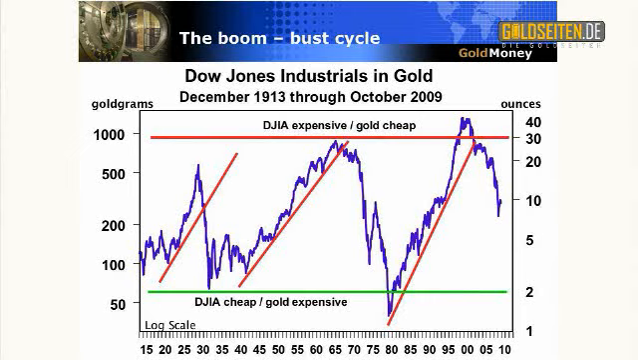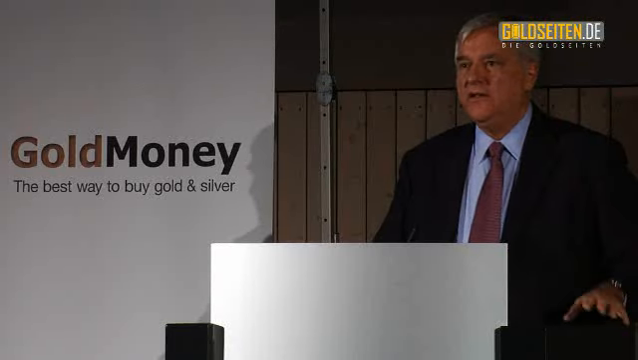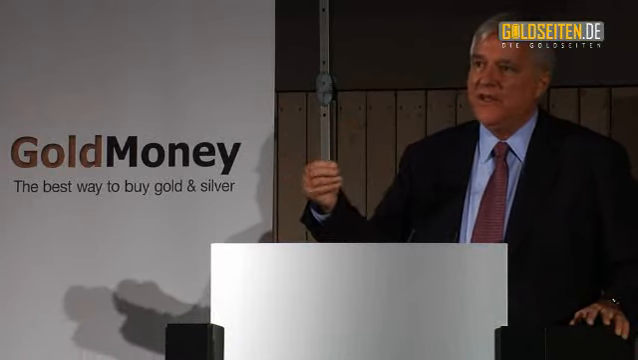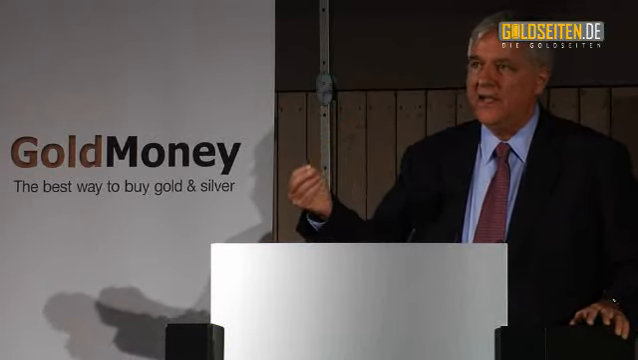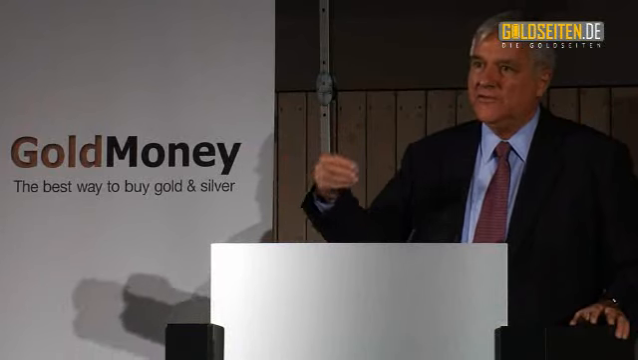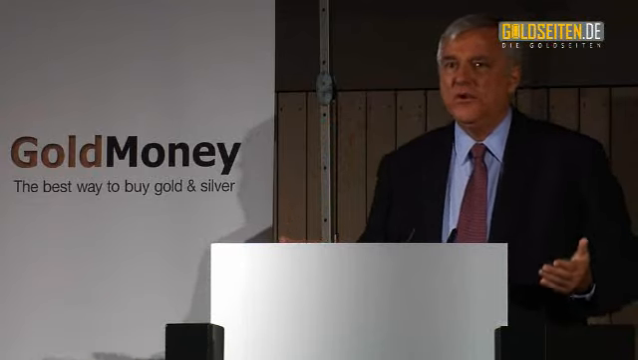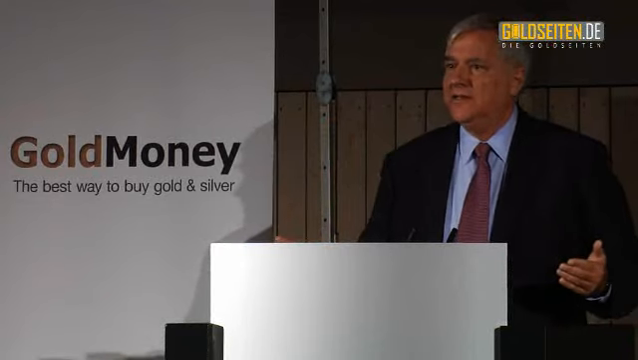Conversely, when you're at the red line at the top, you should be selling your stocks and investments and increasing your cash position, but not dollar cash or euro cash, but gold cash, to preserve your purchasing power to ride the next cycle. What this chart basically does is it shows the boom-bust cycle that is a direct result